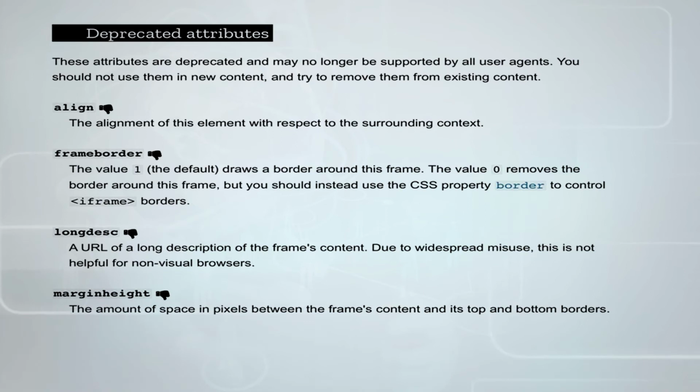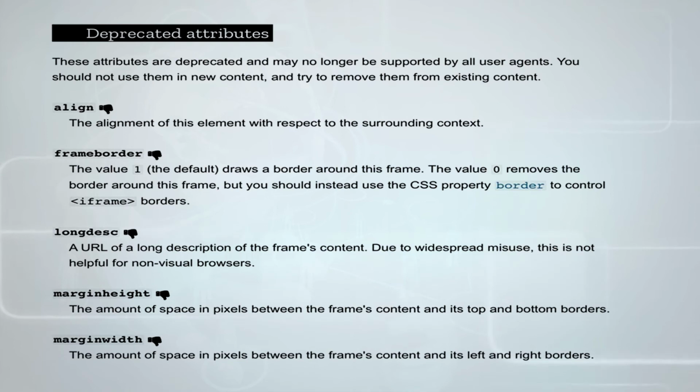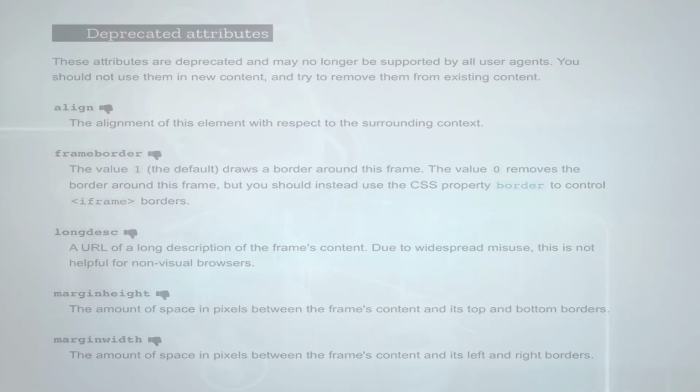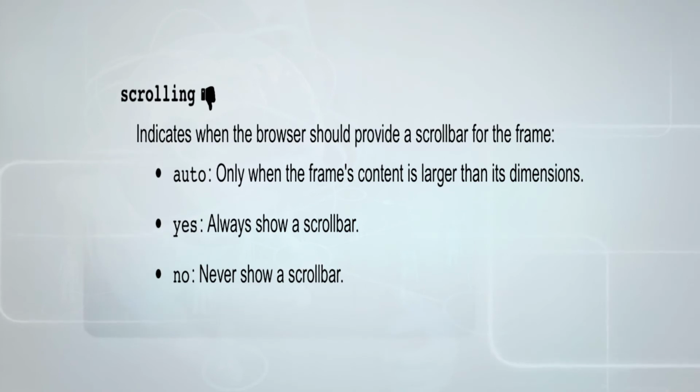Then we have marginheight, the amount of space in pixels between the frame's content and its top and bottom borders. Then we have marginwidth, the amount of space in pixels between the frame's content and the left and right borders. Now let us see about scrolling.